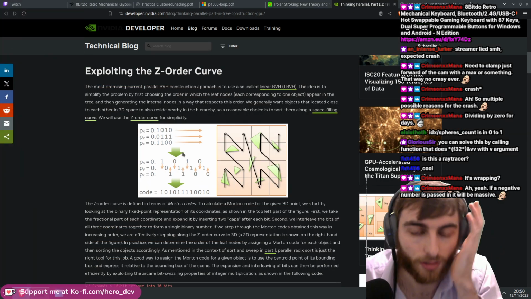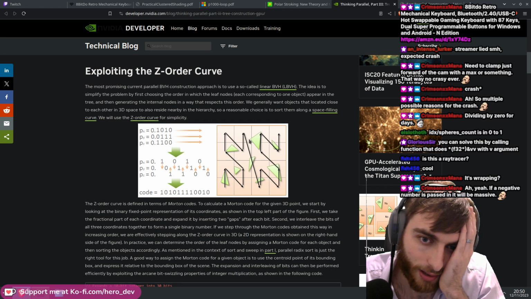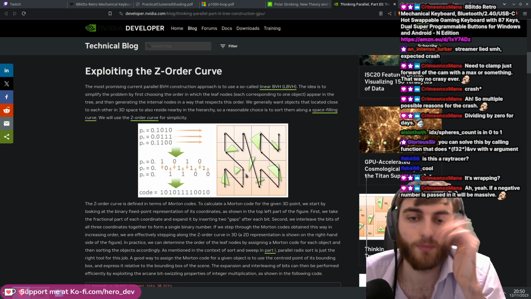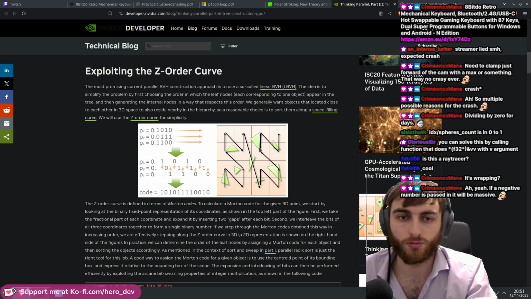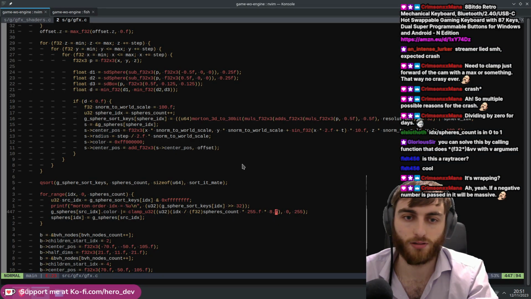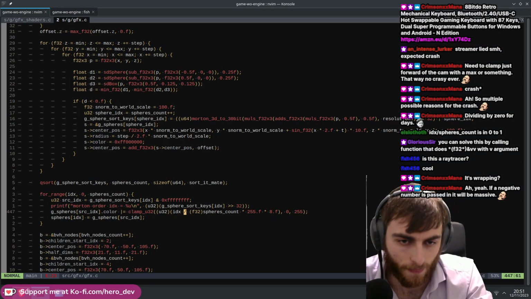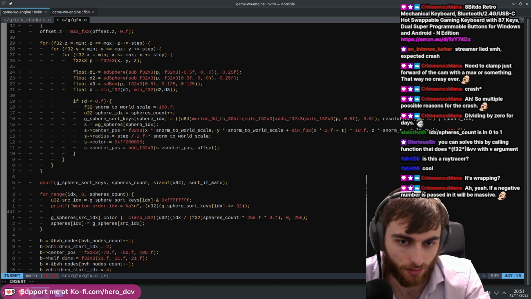Okay, so look at the Z curve. You could say every 4 get a red value. So 0 red, 1 like 1/4 red, 2/4 red, all red. And then you could probably do a macro level of that. So every 16 get green, and then every [64] get blue. And you basically see, yeah, I think that might be a better way to do it. So you could probably do something like